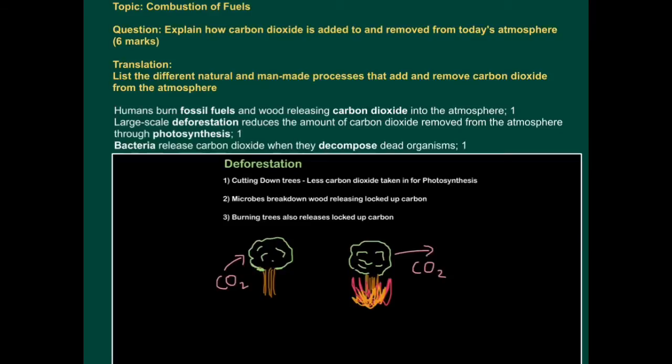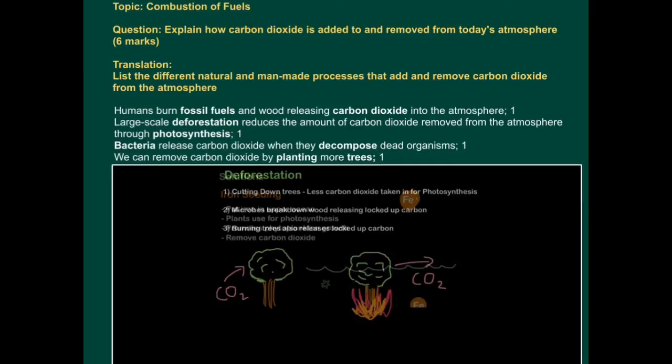However, when living organisms die, bacteria release carbon dioxide when they decompose dead organisms. So these summarize the main causes of carbon dioxide being released into the atmosphere, but what about being removed? Well, if removing trees adds carbon dioxide to the atmosphere, it makes sense that by planting trees we reverse that process. So we can remove carbon dioxide by planting more trees, which then obviously carry out photosynthesis, which requires carbon